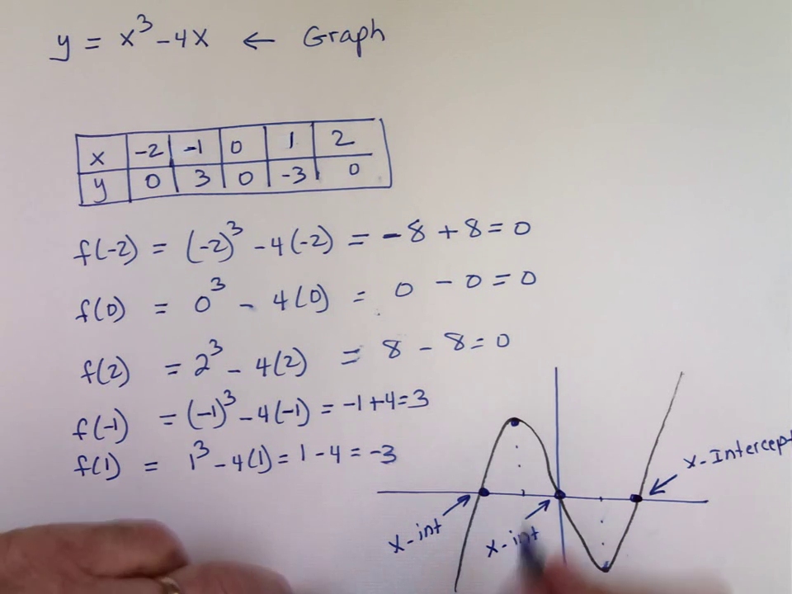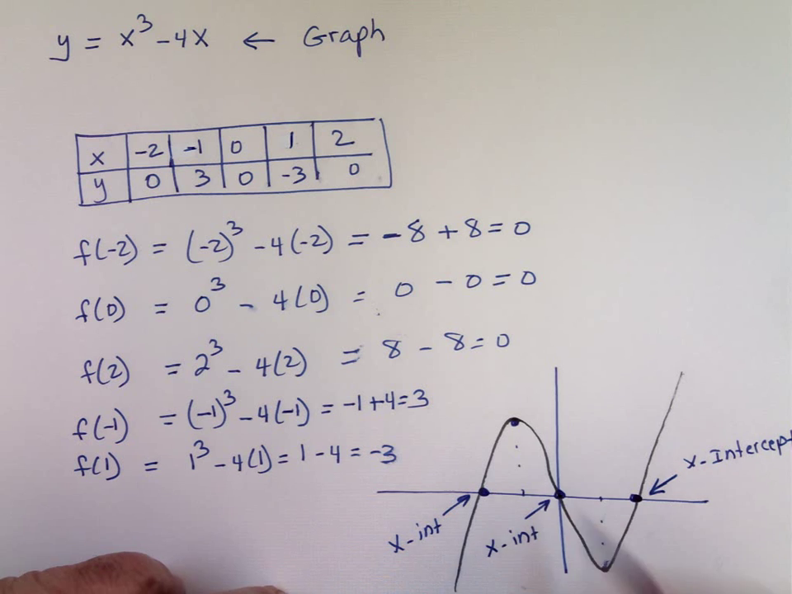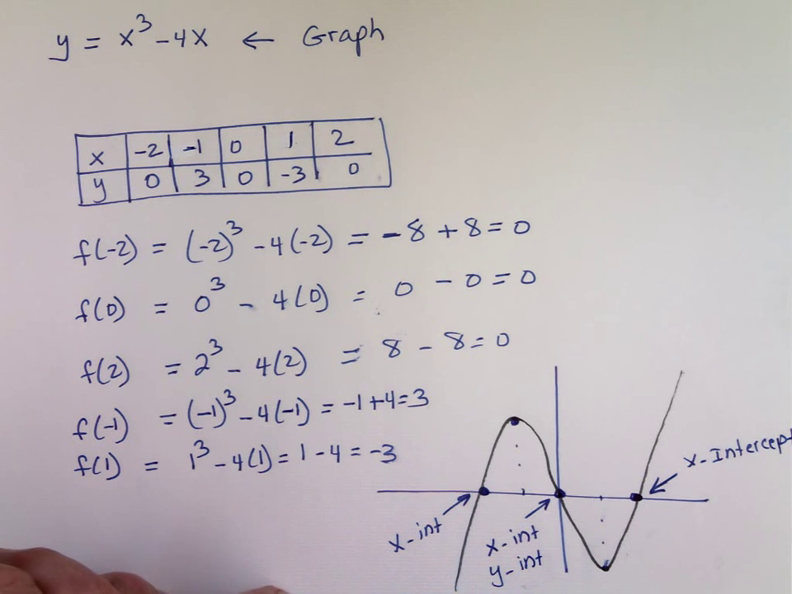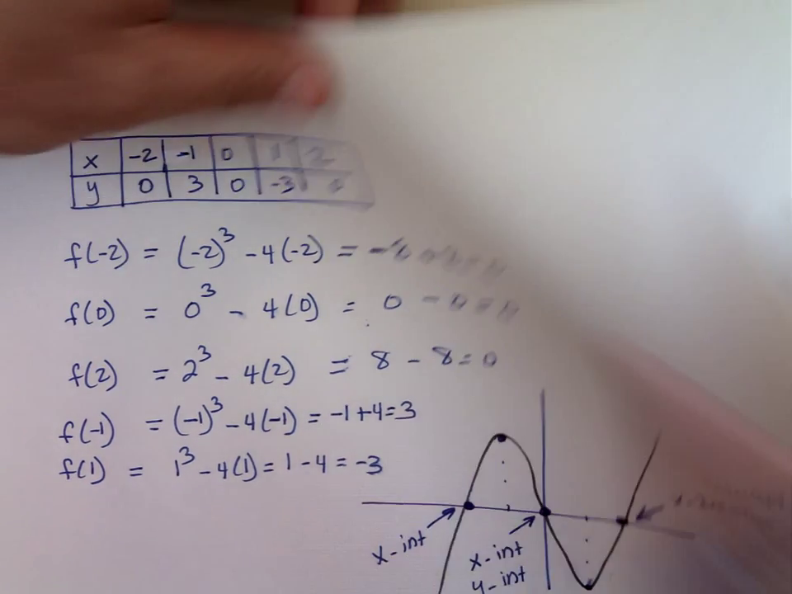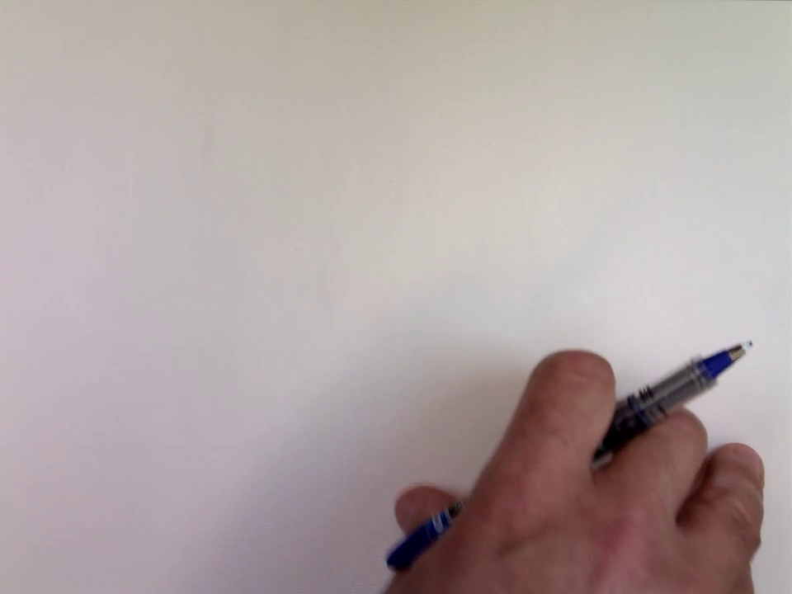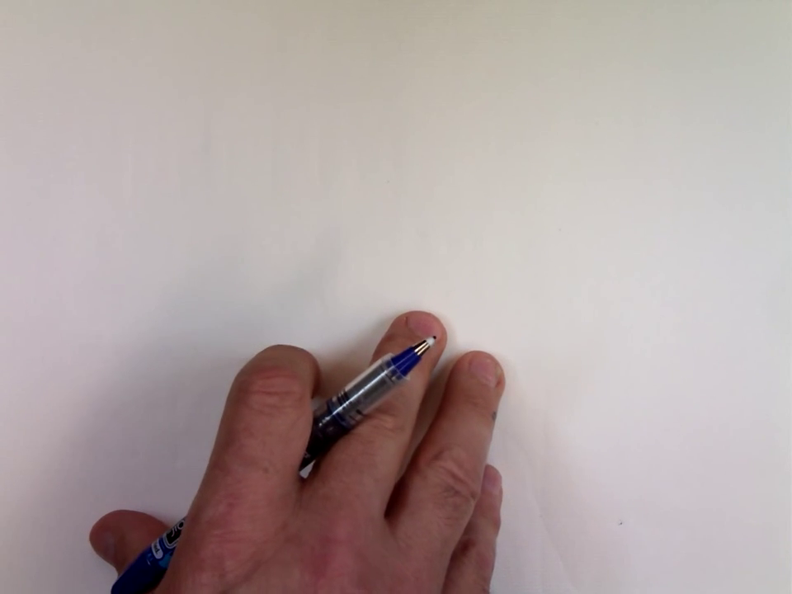This point also happens to be the y-intercept. That's where the graph intercepts the y-axis. And at the y-intercept, what's the x value equal to? 0. So a lot of times people want to find the x- and y-intercepts because they want to find out where the function intersects the y-axis and where it intersects the x-axis. So to find the x- and the y-intercept,